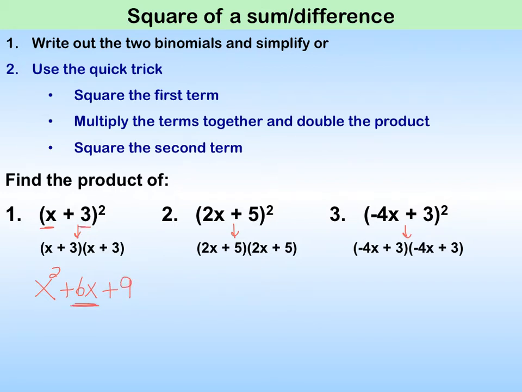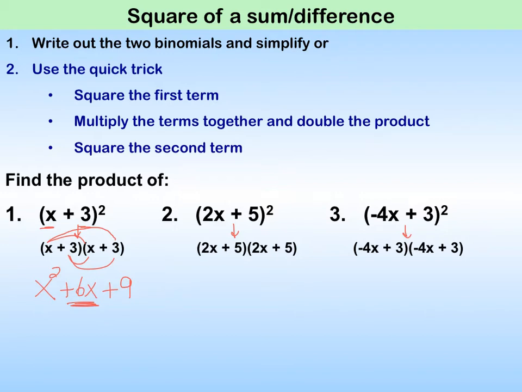Now, if you think about why we're doing the doubling, it's because if you go through, and I'm going to use FOIL, we have 3x for the outer terms and 3x for the inner terms, so we're basically taking 3x and doubling it to get 6x for that middle term when you're doing FOIL here. And that's why we can just assume the shortcut would work